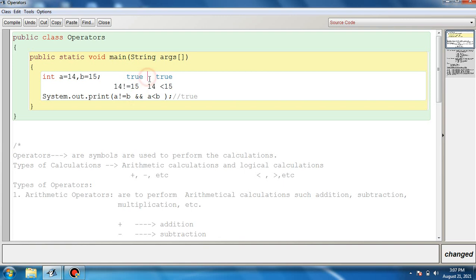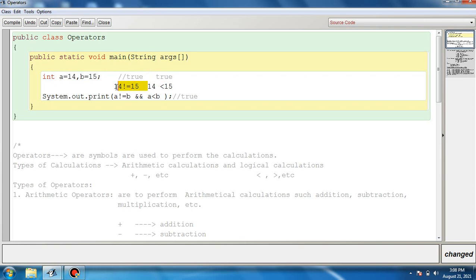Since both are resulting in a Boolean true, the logical AND will also result in true. Let us make this a comment: since both expressions, for the values 14 and 15 stored in variables A and B, result in true, the logical AND will also result in true.